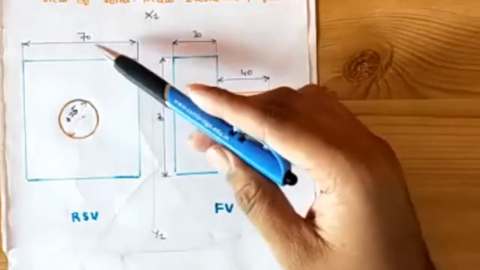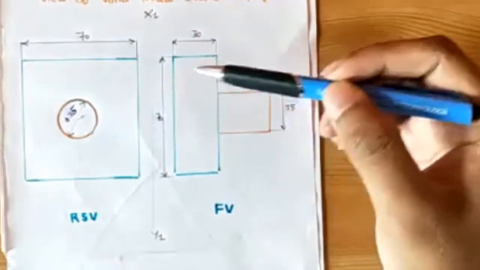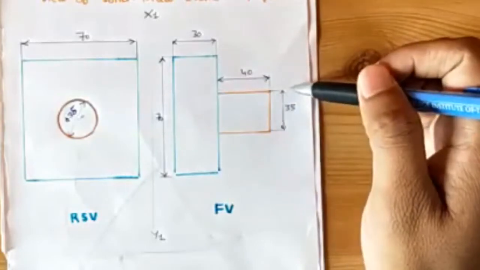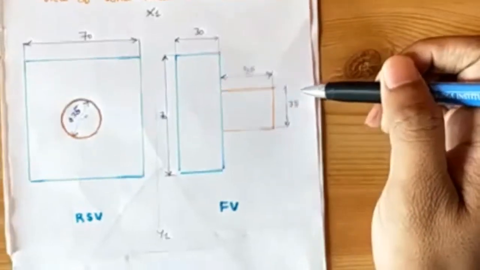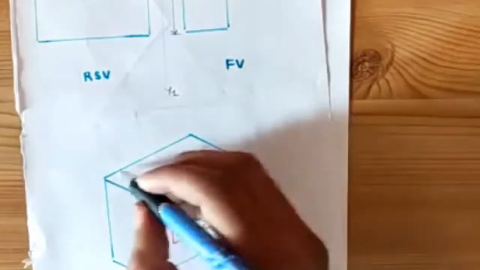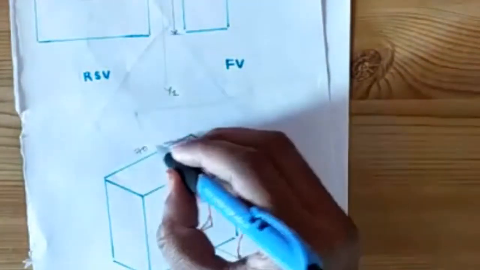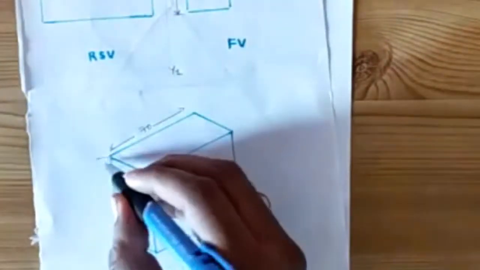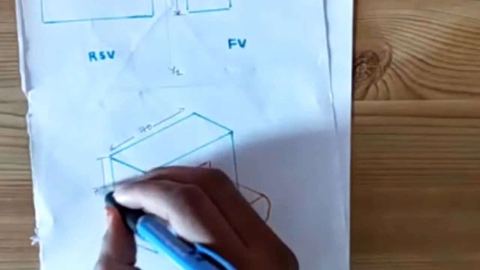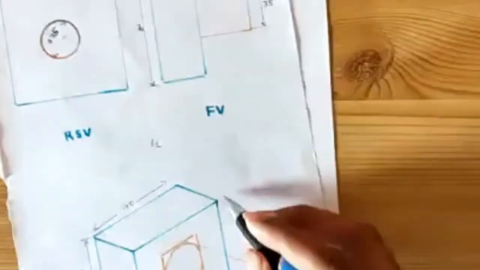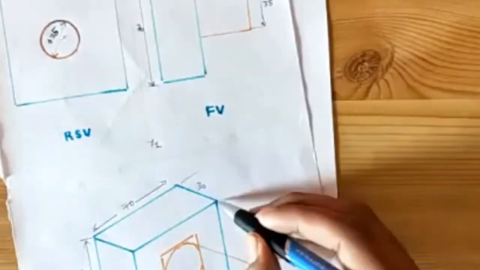So this is being projected on a square prism. The square prism side is 70, and the thickness is 30. There is another projection which is coming out, that is a cylindrical projection. This one is a square prism. This length he has given you as 70 and the height as 70. And the thickness, check the thickness. Thickness can be seen in the front view. He has given you as 30.